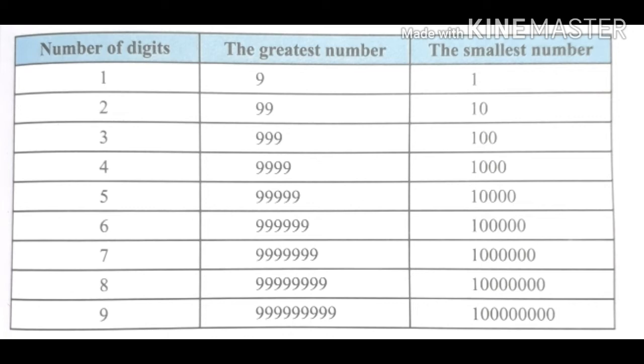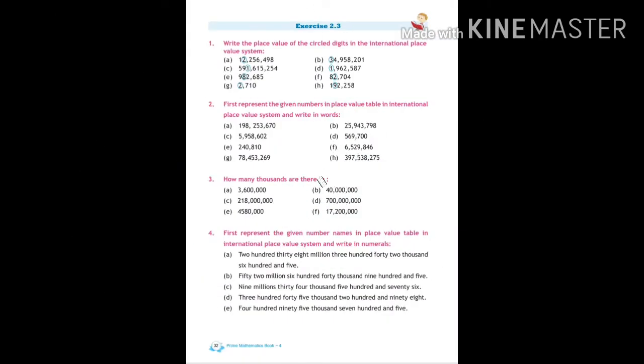And like greatest, if we are asked to find out the smallest or the least number of two digits, then it will be 10. And if we are again asked to find out the smallest three-digit number, then it will be 100. And for four digits, 1000. We have to remember that as the number of digits increases, in the lowest number, the 0s will also increase. For more information, you can look at the screen as well. There are pictures of the greatest number and the smallest number given.